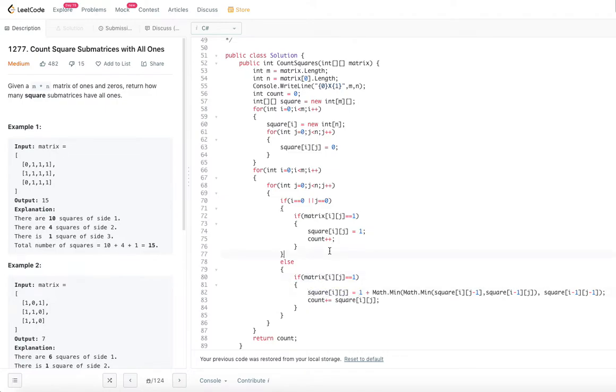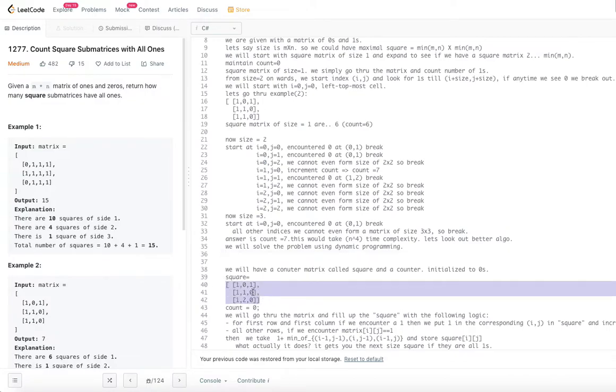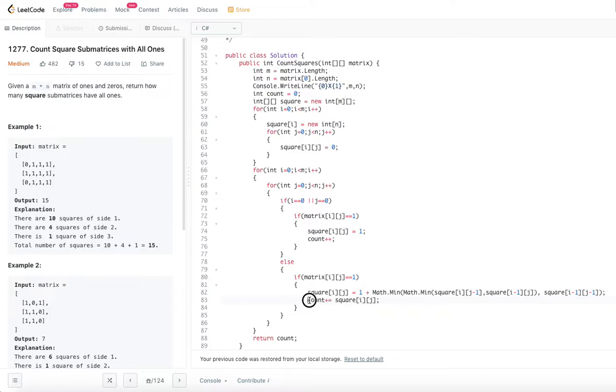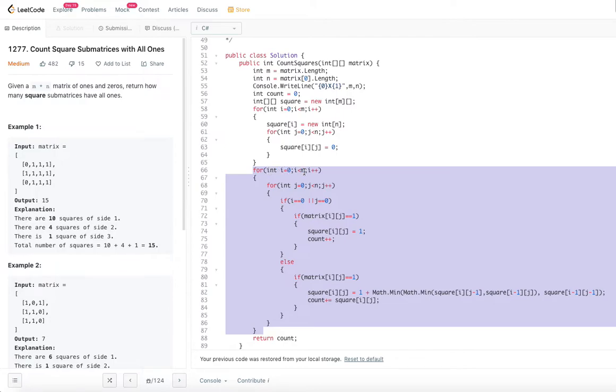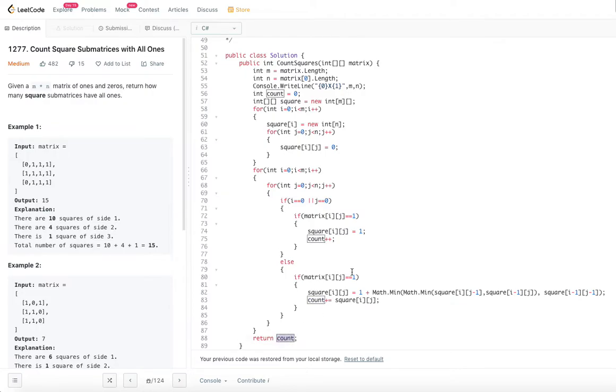So what we said is, we come up with this matrix and do the sum of all the elements, right? Instead of doing the sum of the elements at the end, here I am doing the sum right then and there itself. Count plus equal to square of ij, so that we will avoid some more time complexity. So we go through that complete two-dimensional array from 0 to m and 0 to n, right? So finally we will have the count accumulated. So return the count at the end. So that's how we are able to solve this problem with dynamic programming.